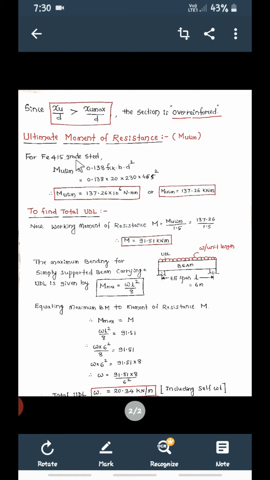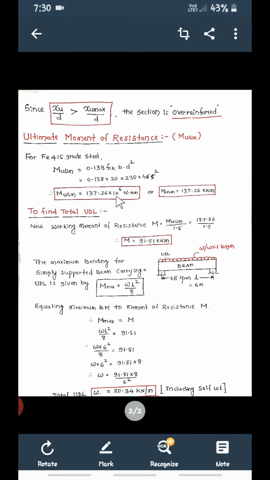Right, for Fe415 grade steel, what is Mu limit? Mu limit is equal to 0.138 fck bd square directly. So Mu limit is 0.138 fck bd square. So 0.138 into fck 20, b is 230, and small d, effective depth, 465 square. So calculate Mu limit, which comes out